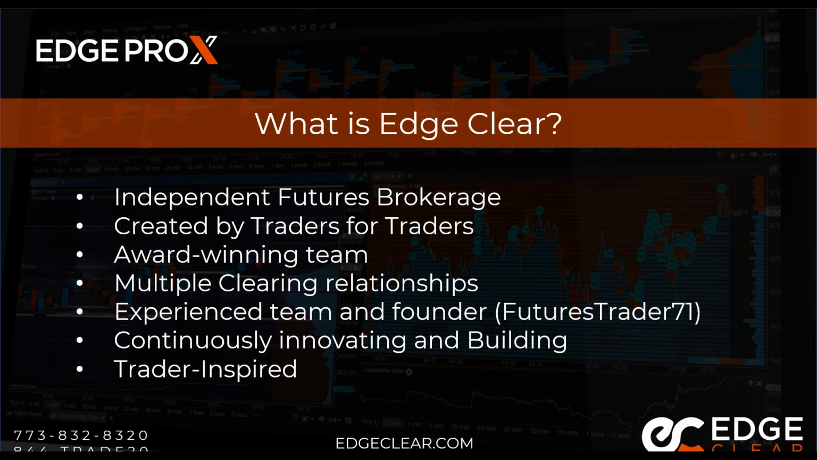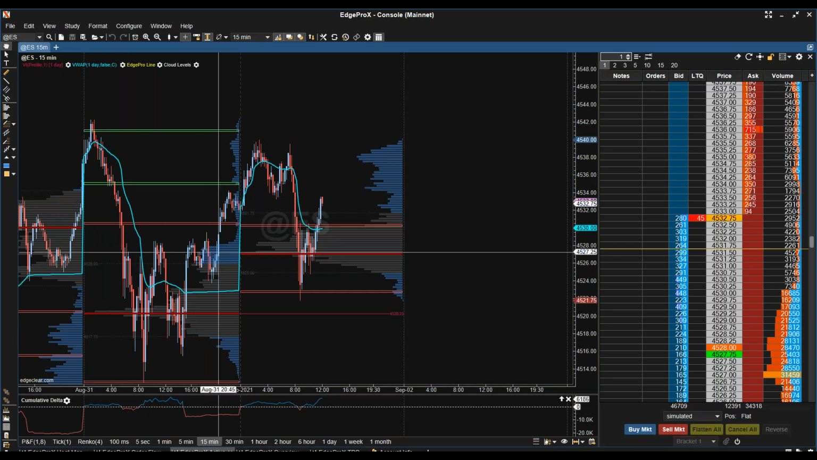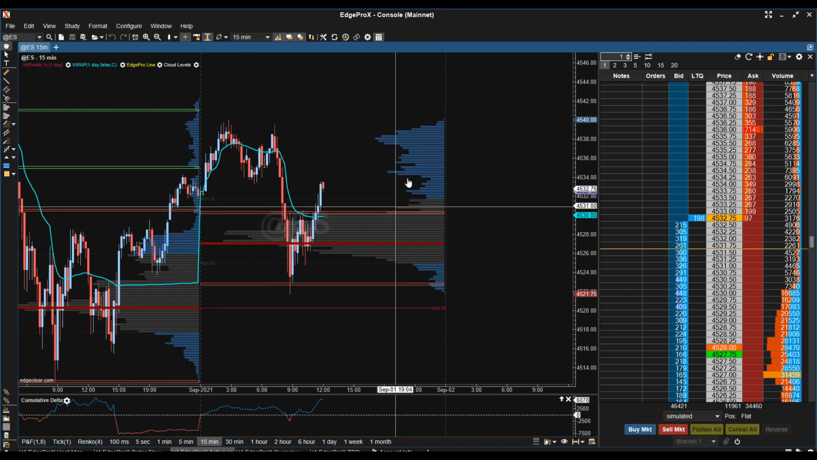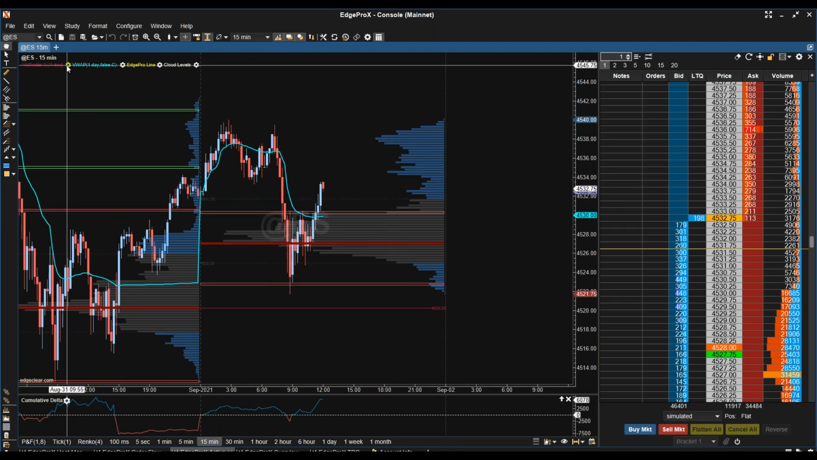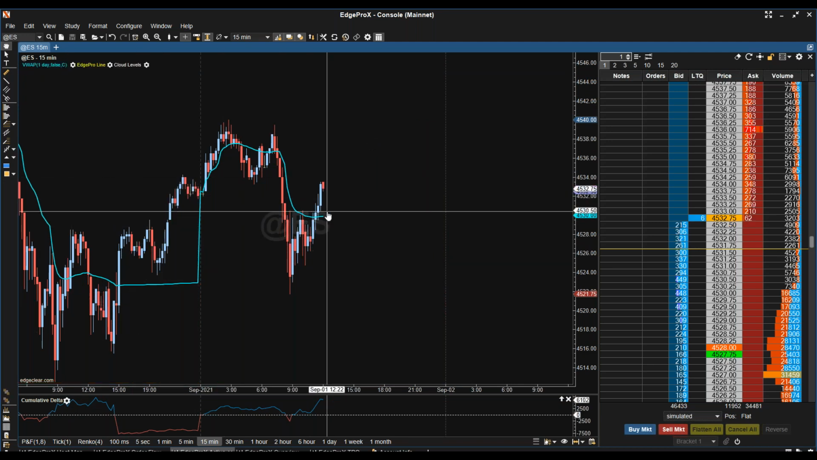So to go forward, imbalances and absorption levels. Basically what I'll be doing is showing you how to get these levels on your volume imprint. So if we just delete this, starting from scratch here,